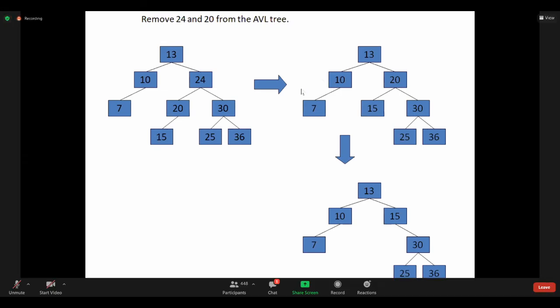Then which type of rotation should I go for? Where did we get the imbalance? At 15. Okay. Then which rotation?